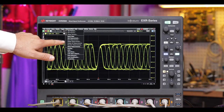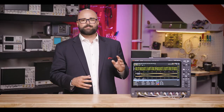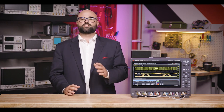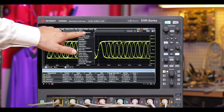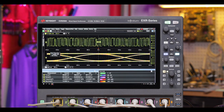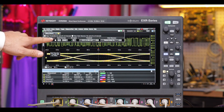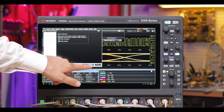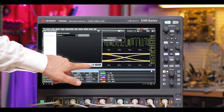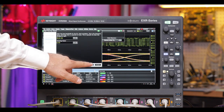Now, this class of modern oscilloscopes are complex tools with hundreds of functions and features available, and Keysight has gone to great lengths to ensure these tools are simple and repeatable in easy to find places without limiting their capability. Quick setups are available to enable common measurements, triggers and decodes for serial buses, eye diagrams, jitter decomposition, and Fault Hunter. With one click, the scope will do most or all of the setup work for you. More complex tests have setup wizards, step-driven dialog boxes that help fine-tune analysis even further, while explaining different features and